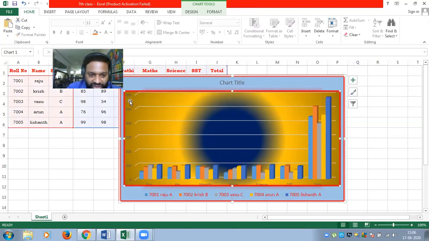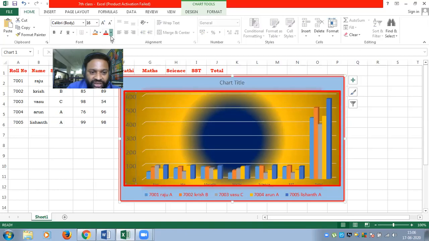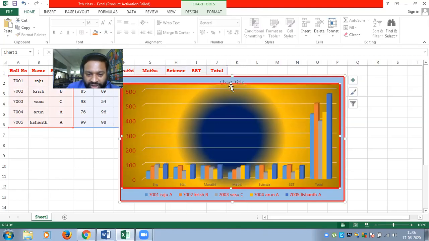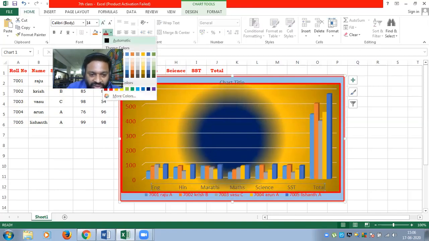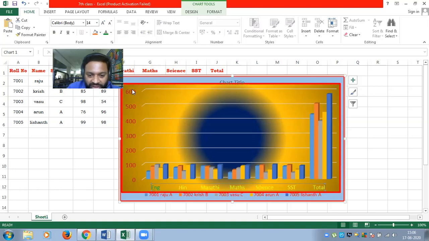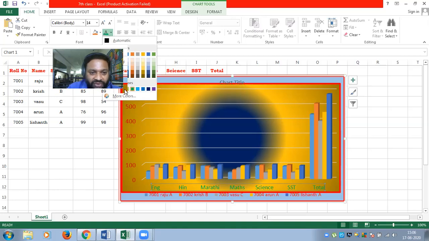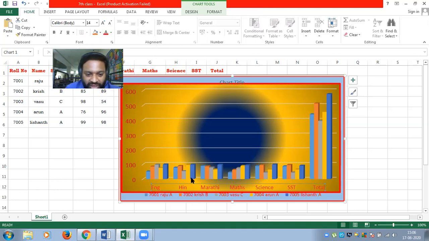Even the x-axis you can change here. Even the x-axis size you can change, and even you can change the color also, right? And even the plot area you can, and here even the x-axis you can increase the size, right? And you can select the color. Okay, let me take red color. Why? Because I have taken red color for the y-axis. So for x-axis and y-axis, I have taken red color. Even for the legend I have taken the same color.